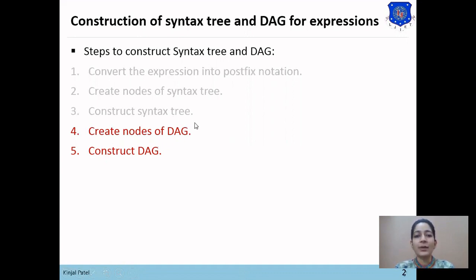DAG is the compact form of syntax tree, and the fifth step is to construct the DAG. So in this lecture we'll learn how to create the nodes of DAG and how to construct the DAG using those nodes.